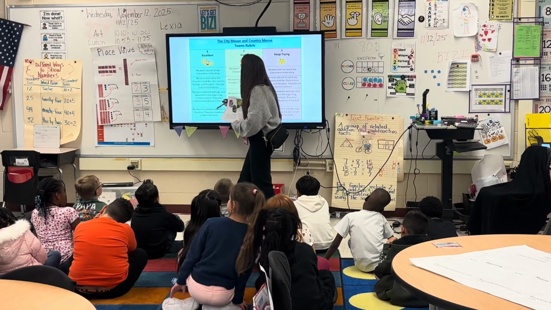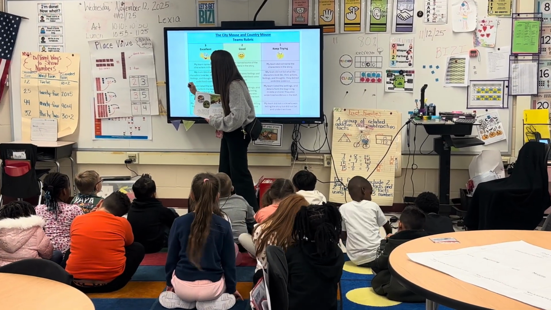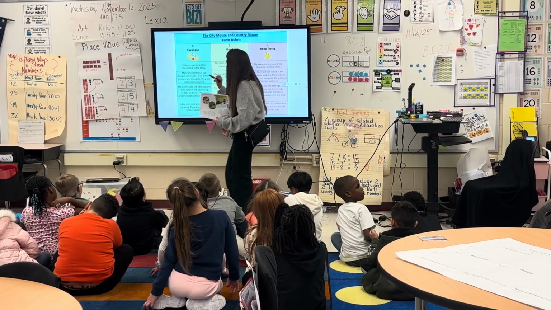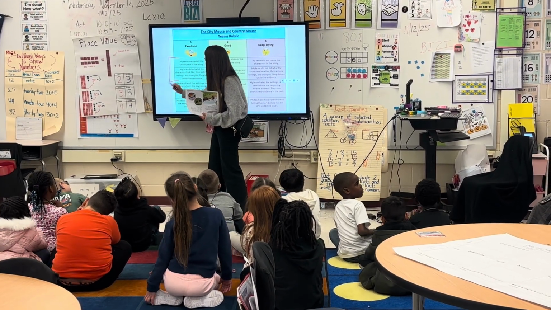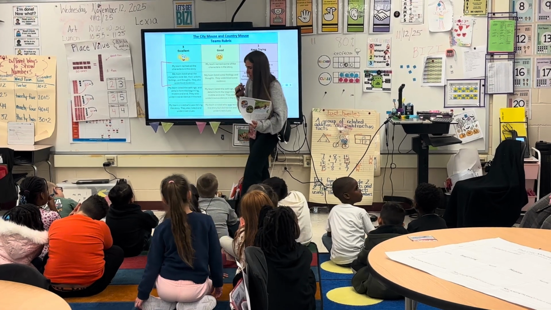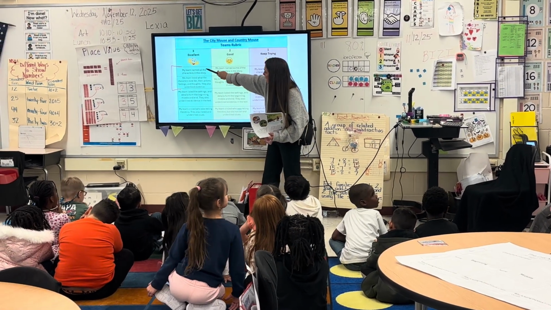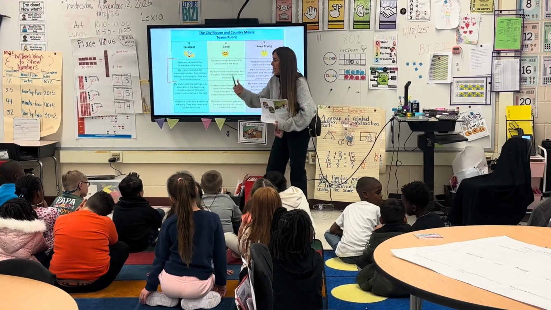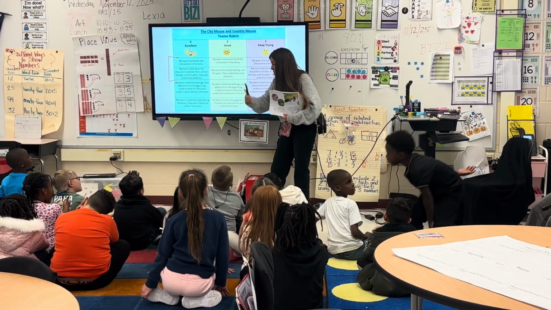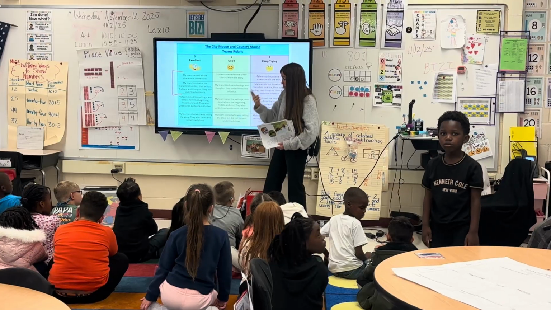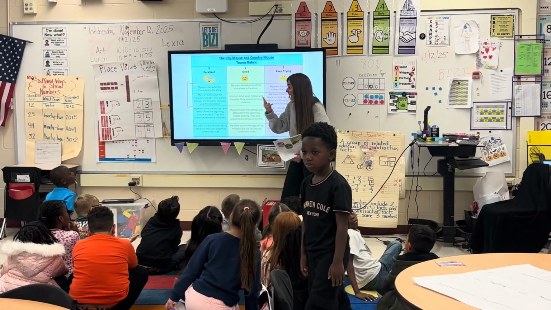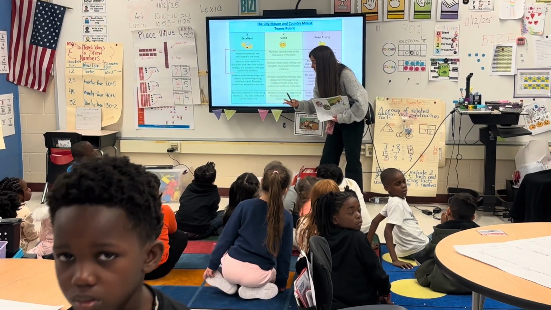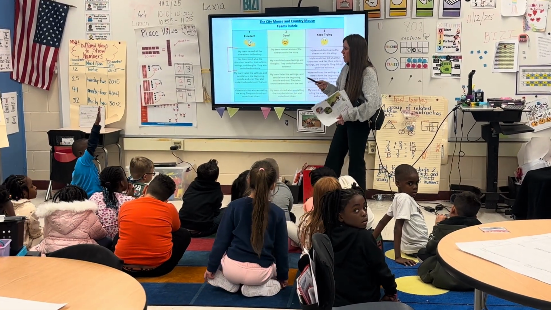So for today, you're going to be doing these 2 boxes. Tomorrow, you're doing the other 2. Today we're looking at characters in the story, and we're going to list what they look like. We're going to talk about their appearance, their actions, and their feelings. So let's think about this. We're going to do it together.